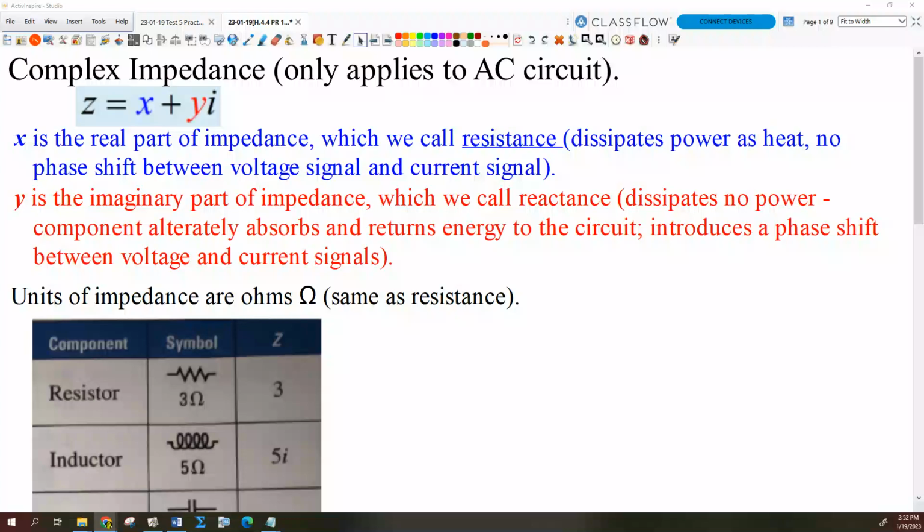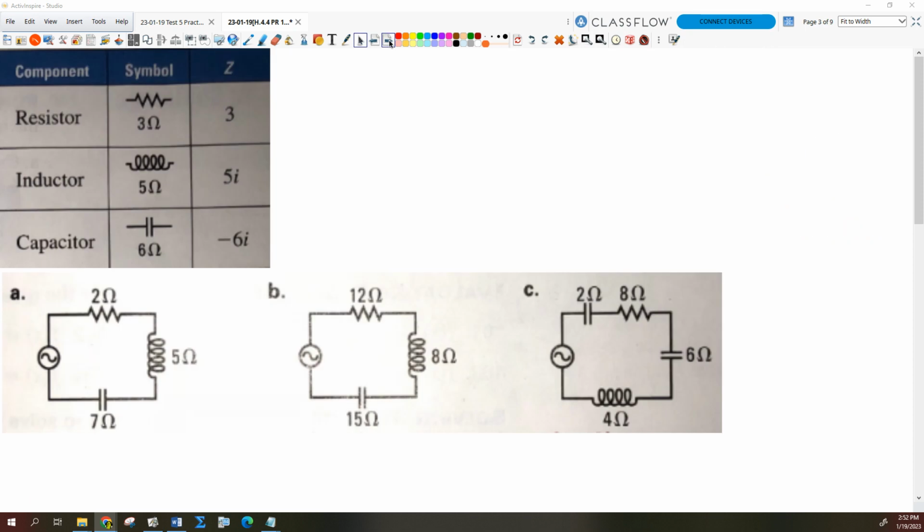Through this stuff so you can get working. A couple quick problems here. I want to look at, so we looked at this stuff yesterday talking about complex impedance has a real part and an imaginary part. And we were looking at a couple examples. Let's do example B. If we do example B and we want to add up the impedance of this circuit,